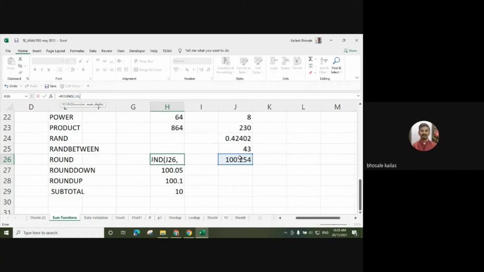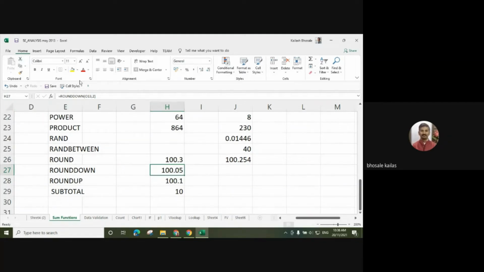How many digits do we want? Suppose I want all 3 digits. If I write here 1 only, then it is rounded to 1 single digit after the fraction. So likewise, this is the ROUND function.